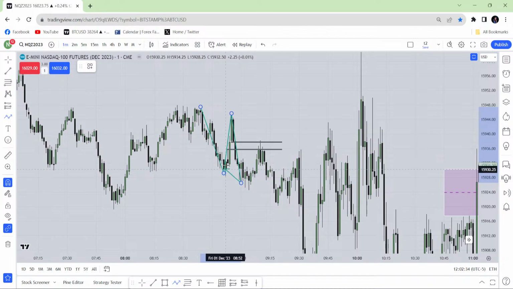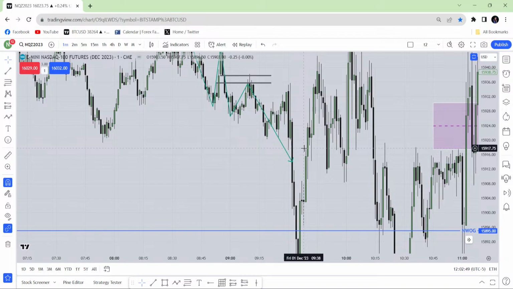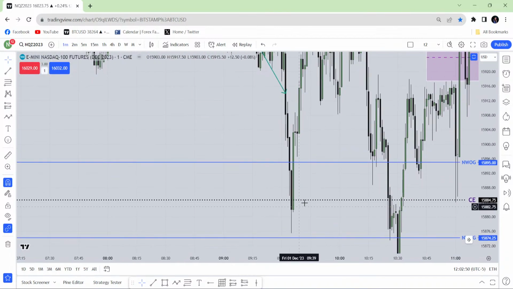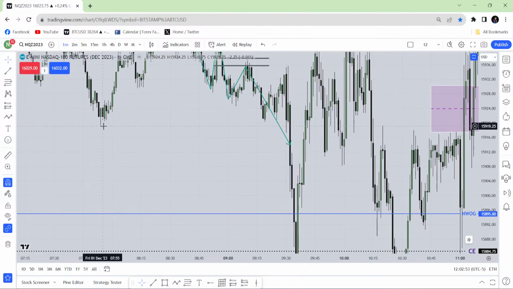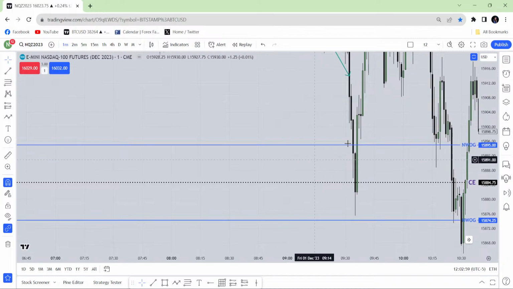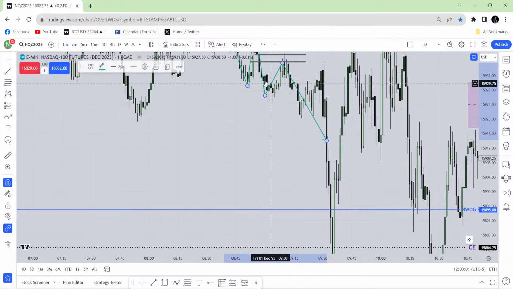Then this gap, this gap, and this gap, if they are overlapped, you can see this gap and this gap are perfectly overlapping. Price came back here, take your entry, go for some kind of liquidity over there. Now you don't need to hold it until here. If you see this low and this low, they are relatively equal lows, you can just go for that if you see any kind of liquidity. So that is the IFVG thing.